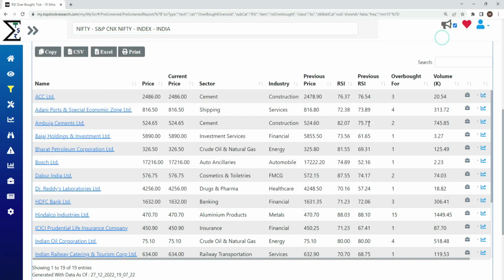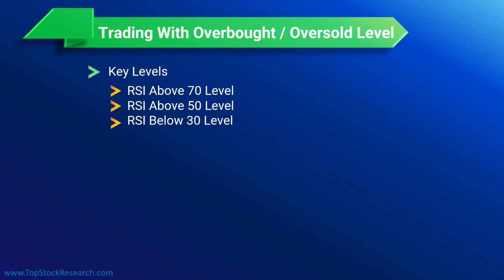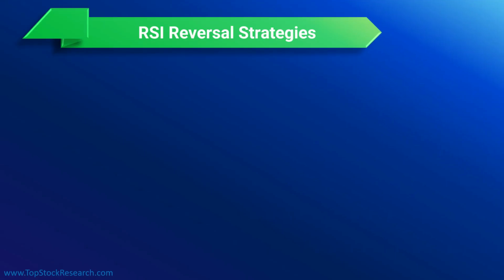So these are very simple screeners, and a very simple strategy of screening stocks which are either above 70 or below 30 level. Now the next one which we'll be doing is the RSI reversal strategy. This strategy is a lot more powerful than the previous one, because